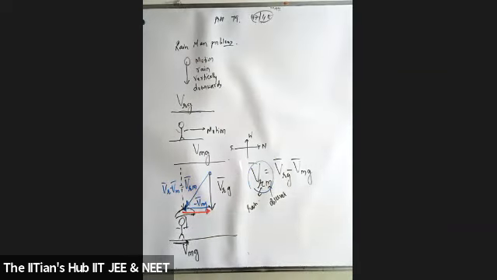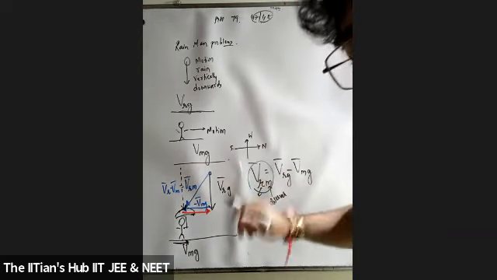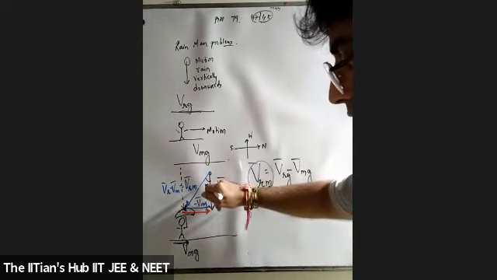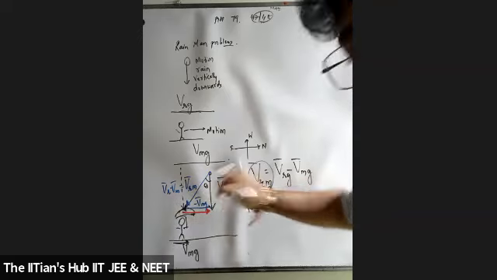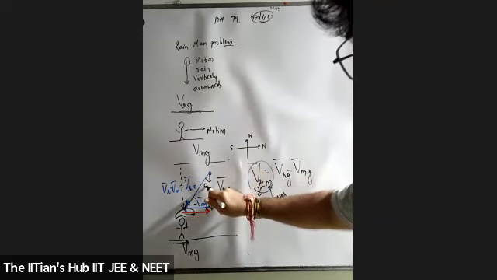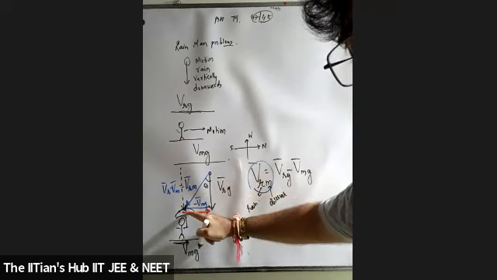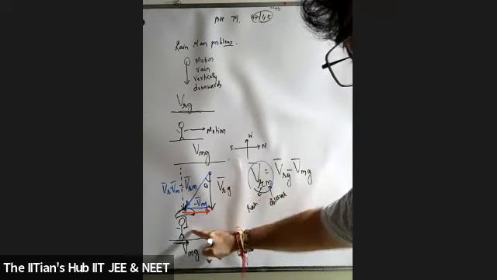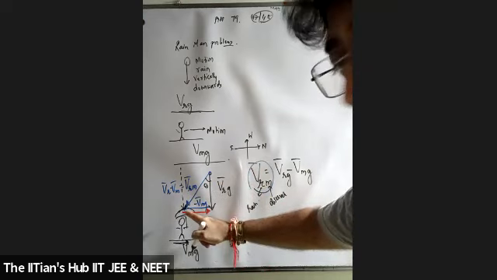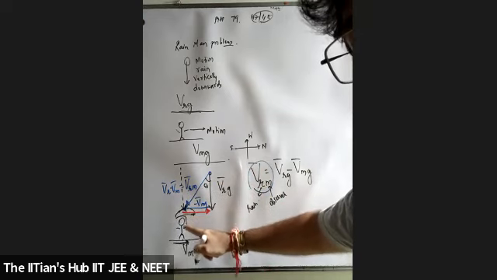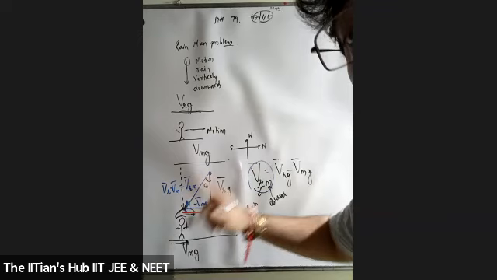The direction is opposite. Now, what is the question they might ask you? Students, what is the question they'll ask you? Find out the angle. Find out the angle of the umbrella placed by the man. That is, the angle formed by the umbrella held by the man with the vertical.